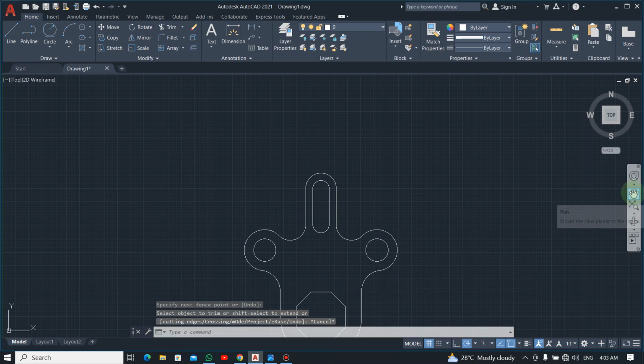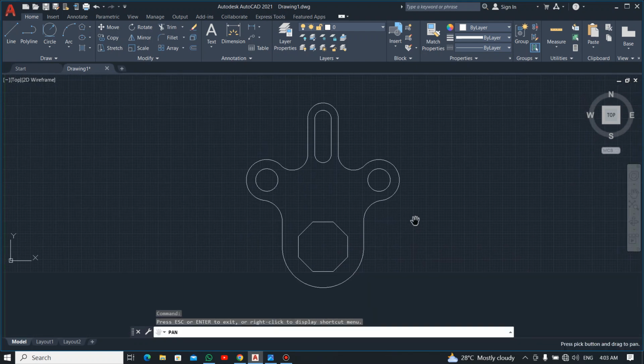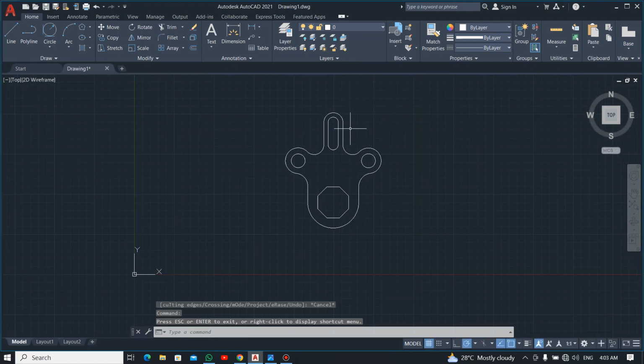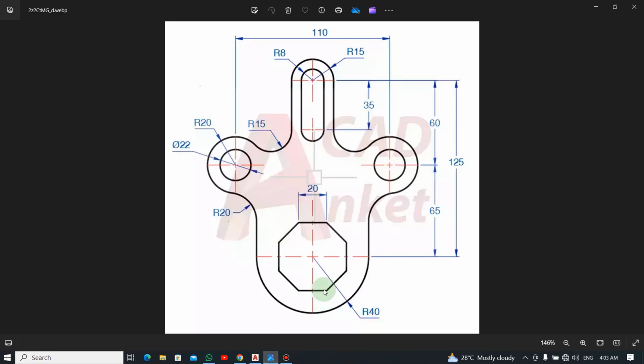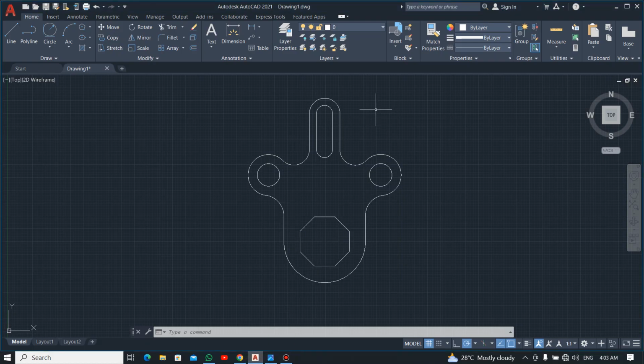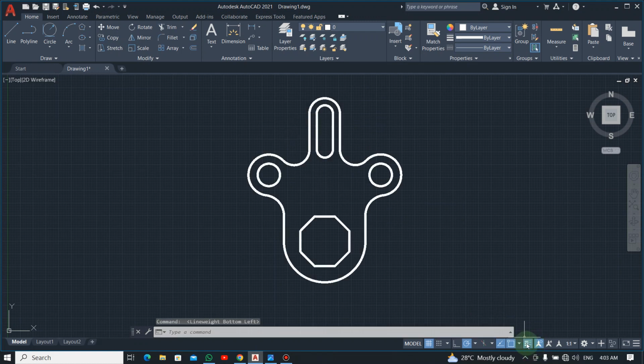So now looking at the drawing, we have achieved what was given to us. Okay, this is the drawing, the image. We have achieved what was actually given to us. So if you want to increase the size of the lines, you can just click here, then you get